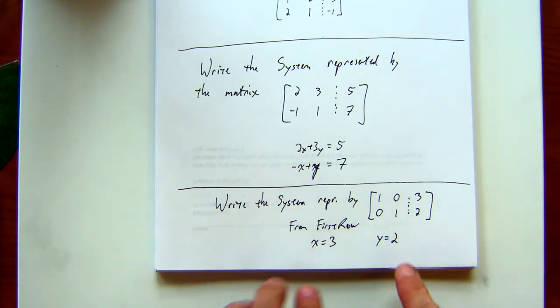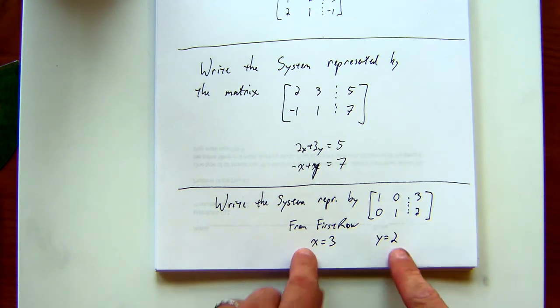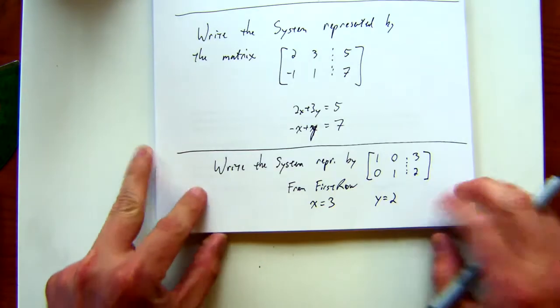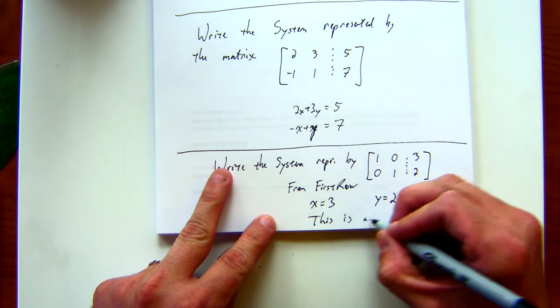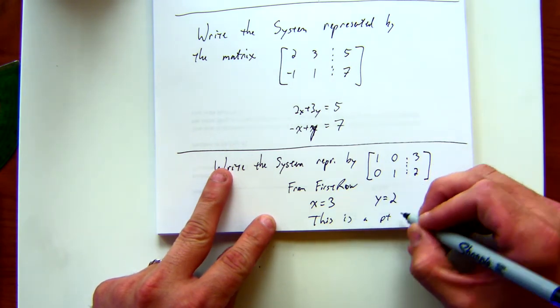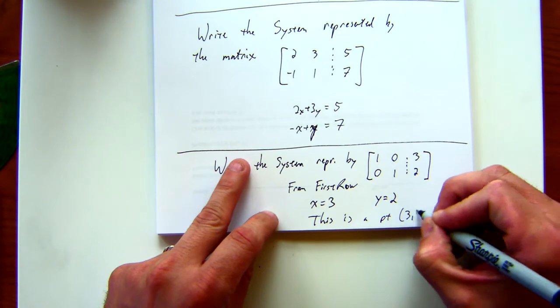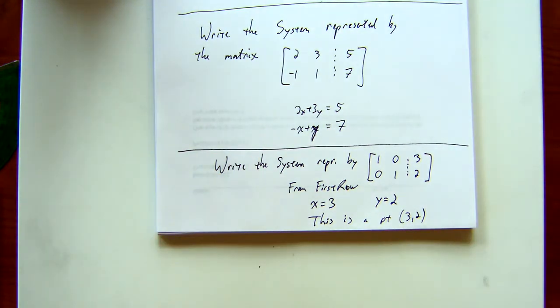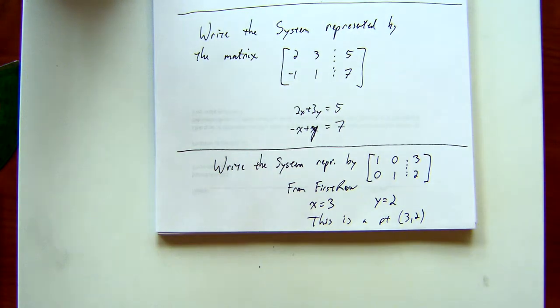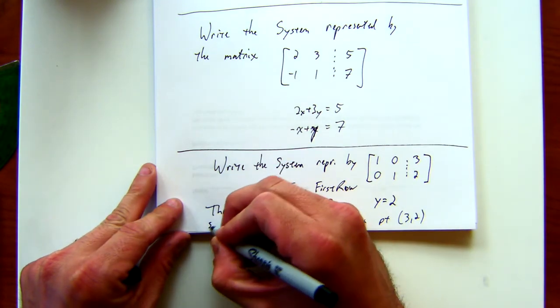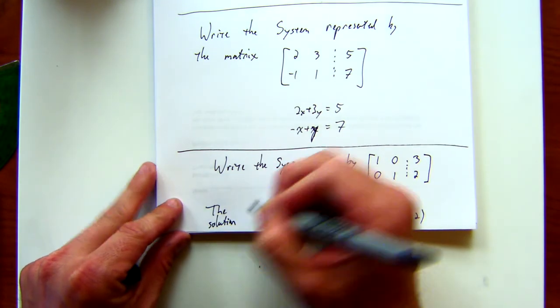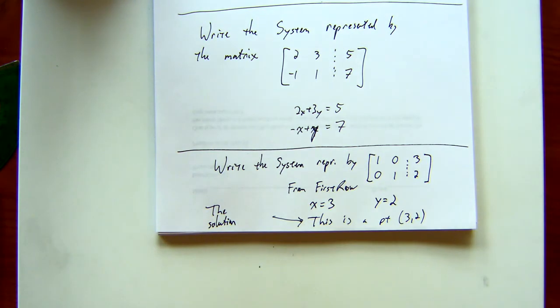What does this tell you? If x equals 3 and y equals 2, what is that? This is a point, 3, 2. This is in fact the solution. Okay? So